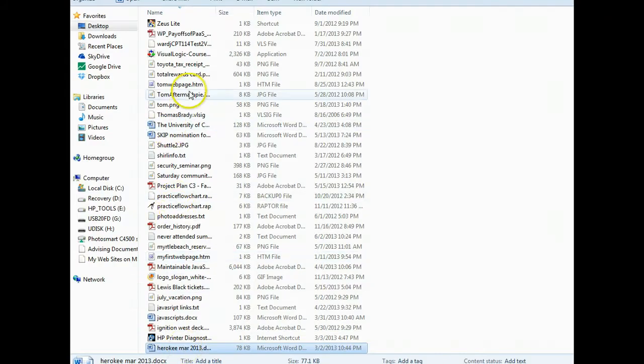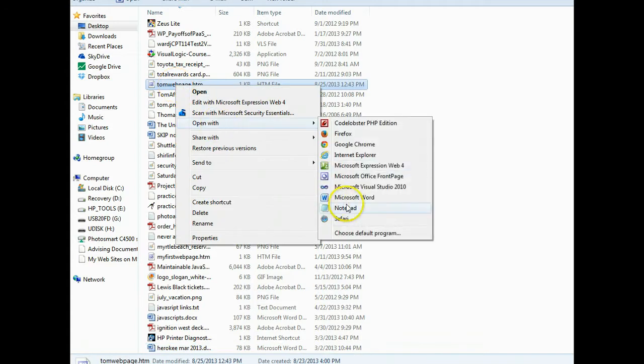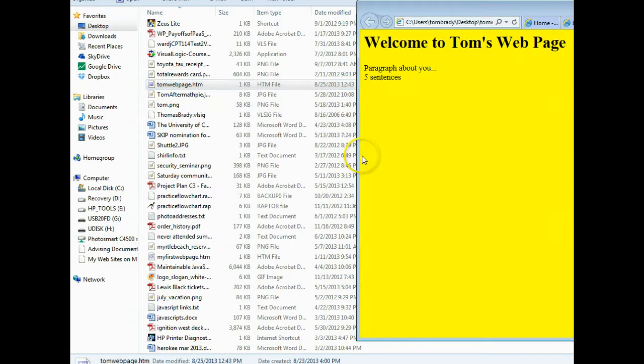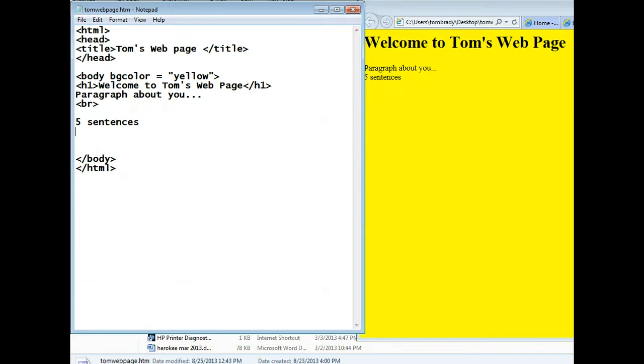So we'll go to Tom's web page, right mouse click and open with the browser. And there it is. You see it only goes down 1 line rather than going down 2 lines. Alright, so after we do that, the next thing we want to do is